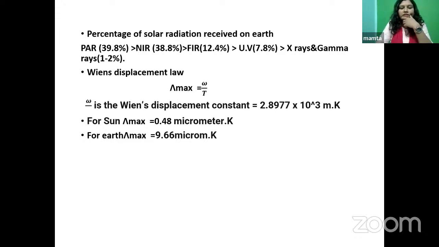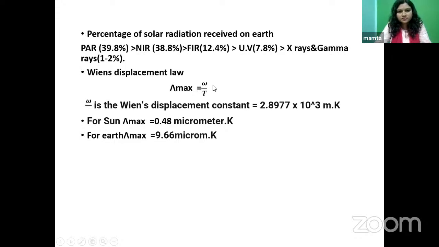Wien's displacement law states that any object which is emitting radiation, like the sun, X-rays are also getting produced from the sun, ultraviolet is also getting produced, visible range is also produced, but they have very different wavelengths. In all those different wavelength ranges, there is one wavelength which will be emitted in maximum quantity. So Wien's displacement law states that the maximum wavelength emitted by any object is inversely proportional to its